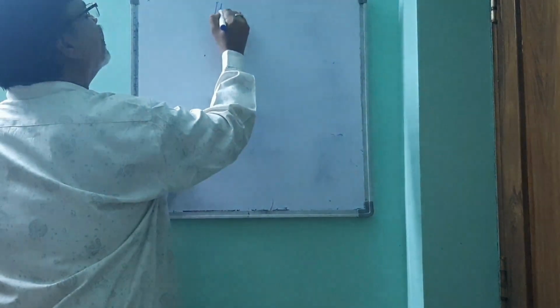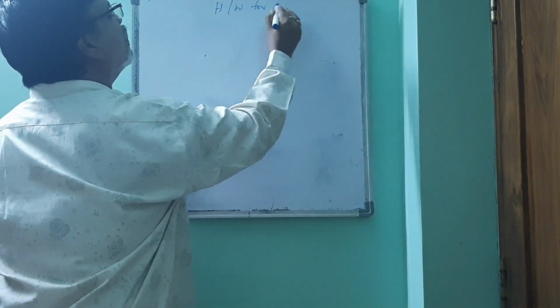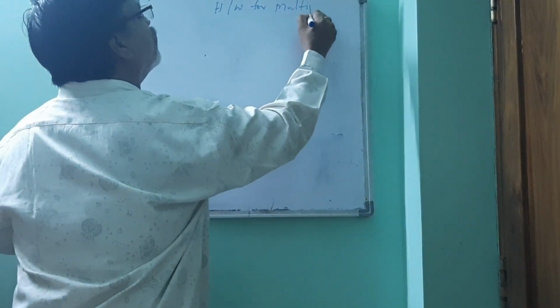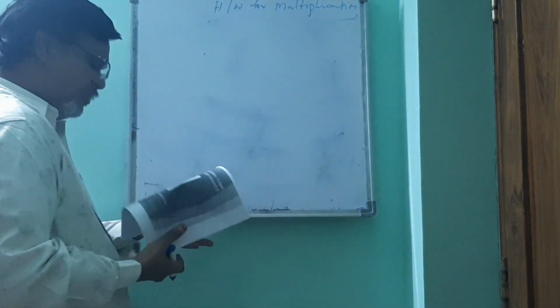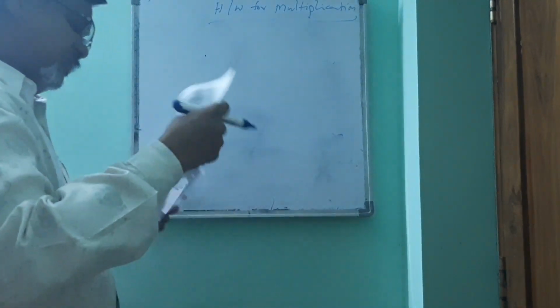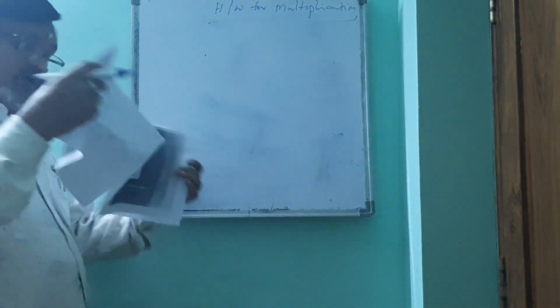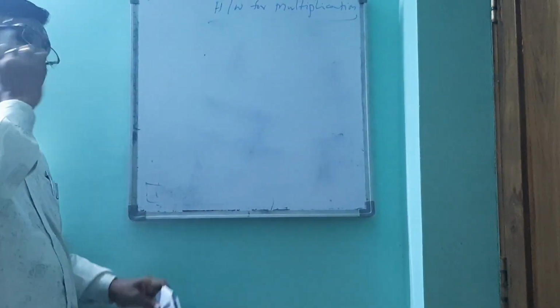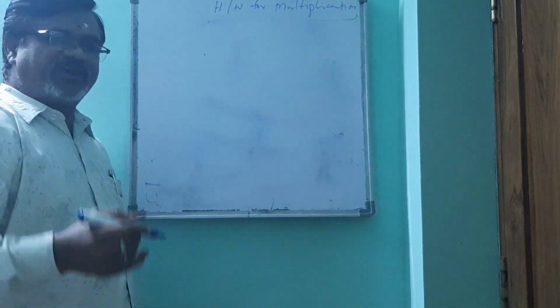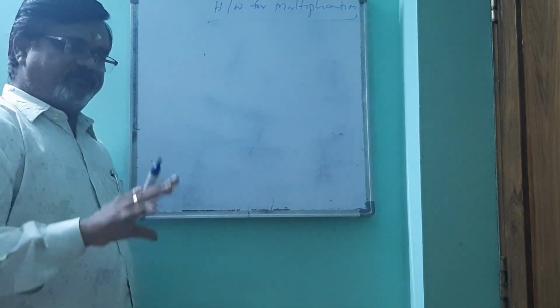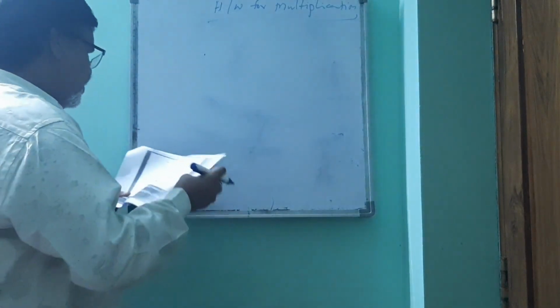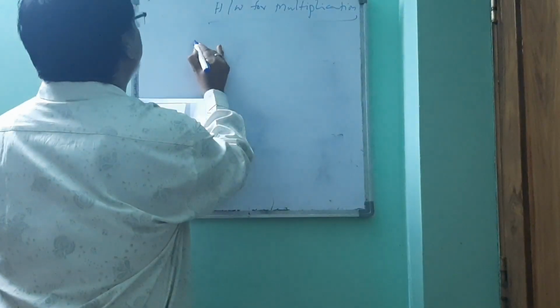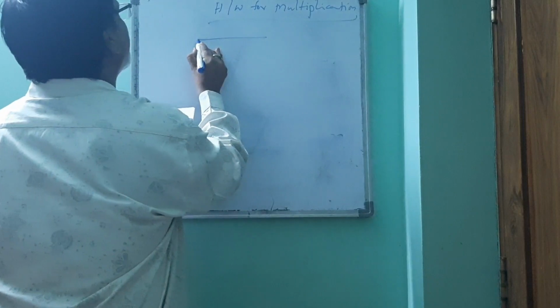So hardware for multiplication. Let us check out whatever hardware explanation we have discussed in the addition and subtraction: register A, register B will be there, an adder will be there, a complementer and parallel adder will be there. Here also the hardware implementation for multiplication